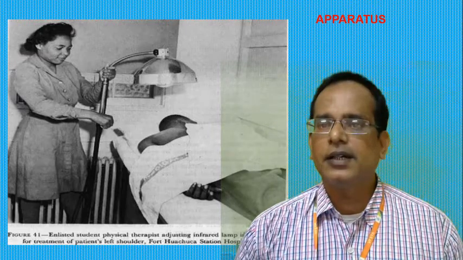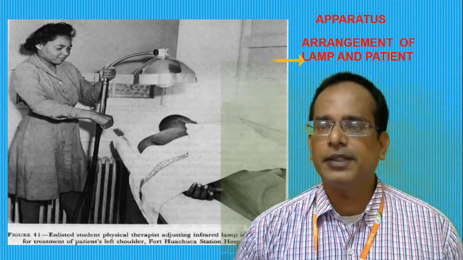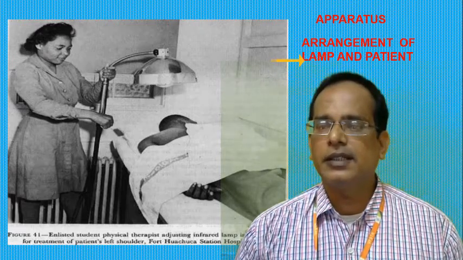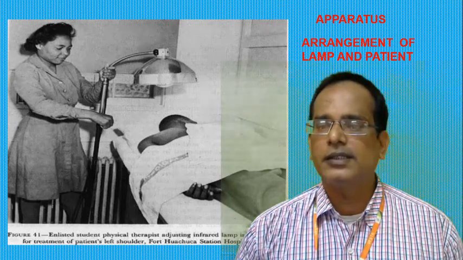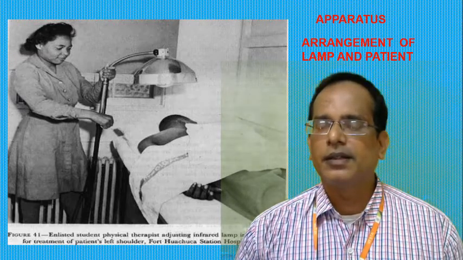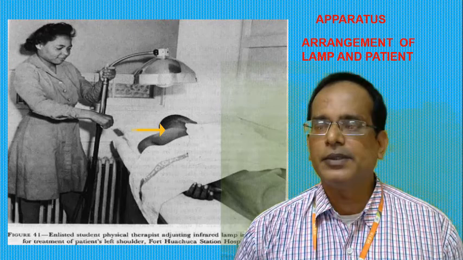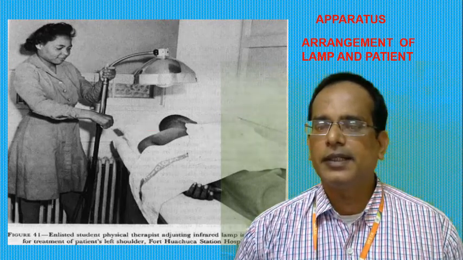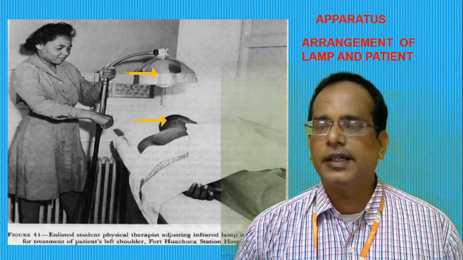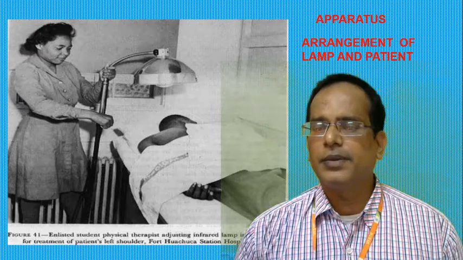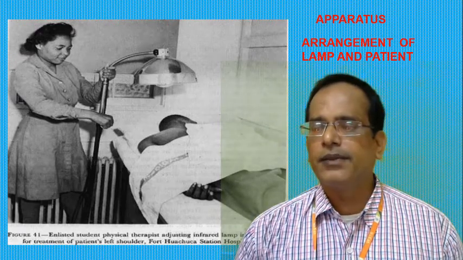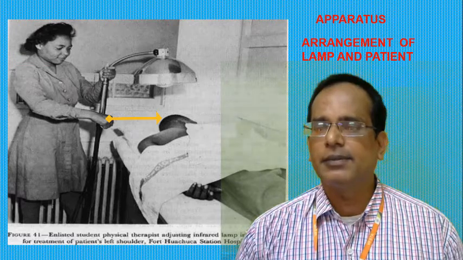Next, the arrangement of the lamp and patient. Expose the skin to be irradiated, and covering or shielding the eye is very important. The irradiated skin or the eye must be fully covered. Then the lamp is positioned opposite the treatment area such that the rays strike the skin at a right angle, and the lamp is set at the appropriate distance, which is usually 50 to 75 centimeters from the patient.